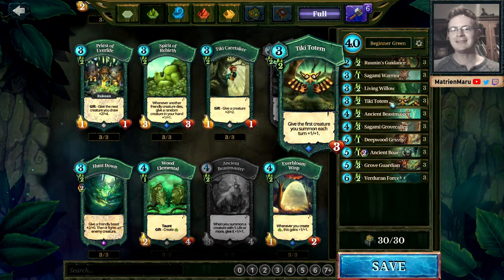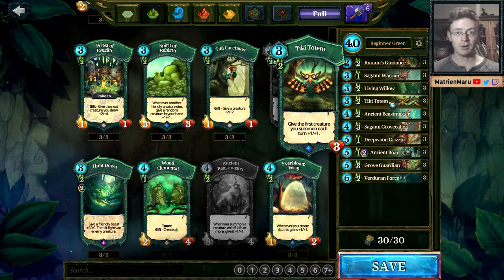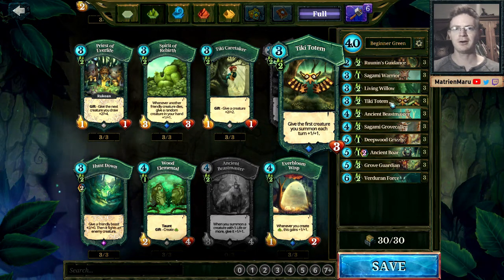I've also added Tiki Totem to complement our passive buff strategy. I never see this card played, but that's exactly why I want to try it out here. Plus, I love knowing that I've surprised my opponent when I see them hover over a card I drop, not